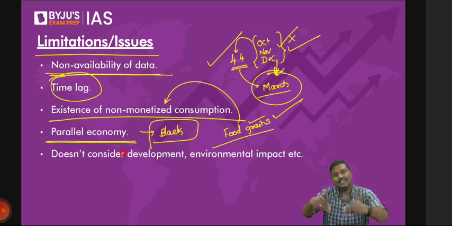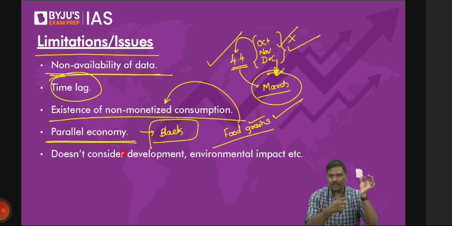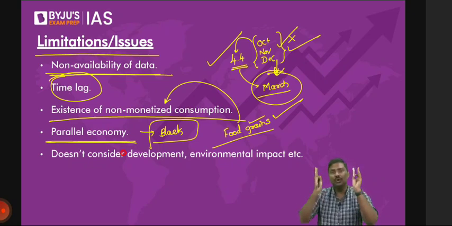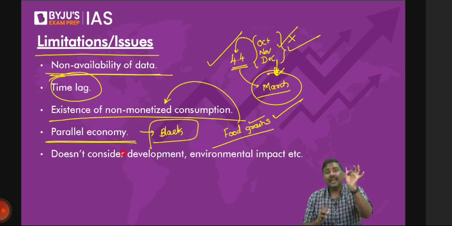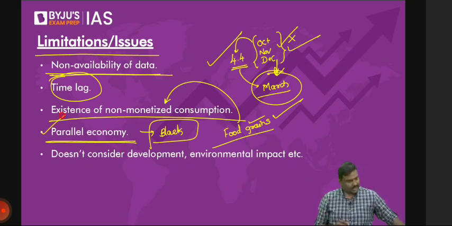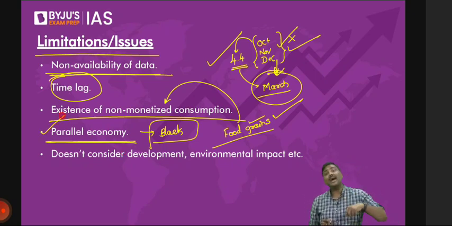Now look at the next statement. This 100 rupee which is black money is getting circulated just like white money, parallel to white money. Parallel means what? Side by side. Just like white money, it is also getting circulated. Hence, this is called a parallel economy. Any difficulty in understanding this? Hence, black money is referred to as parallel economy, because just like white money, it will also get circulated.